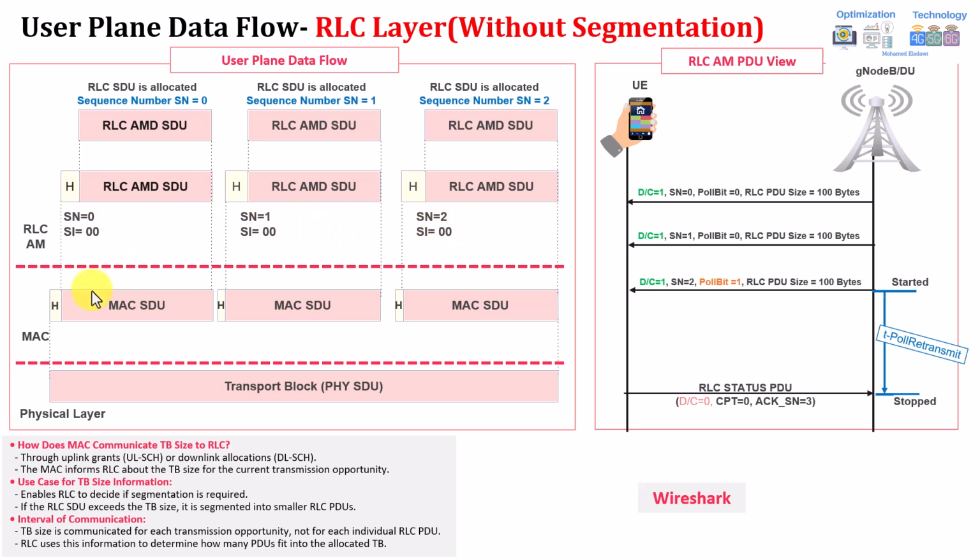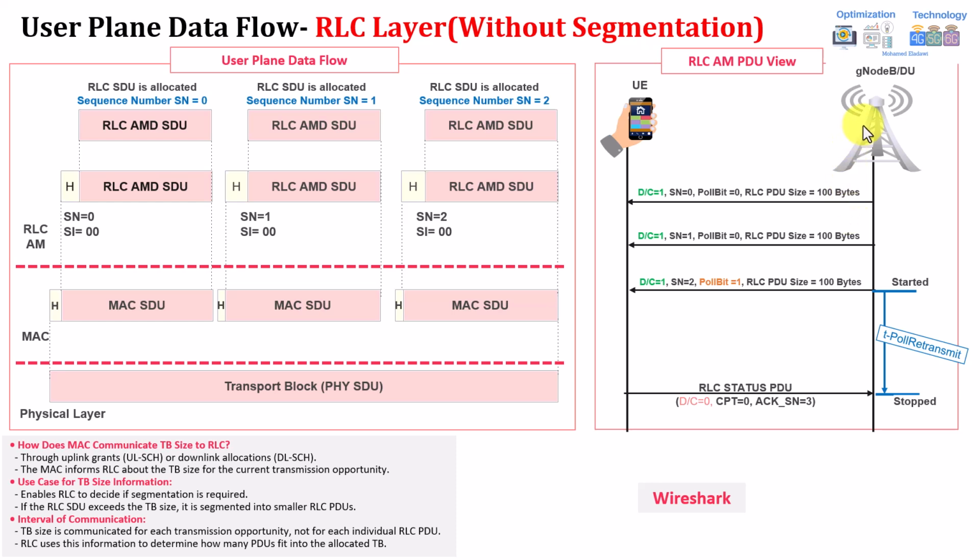Then once the data moves directly from the RLC to the MAC layer, the MAC layer will add its own headers as well, as you can see here. So it will be RLC AMD PDU plus the header, output as RLC PDU. It will be going down to the MAC as MAC SDU. It will add the header, then forward that. The MAC layer will do the multiplexing of all these layers, and it will assign it to 1 transport block or 2 transport blocks, depending on the size, to be transferred through the transport channel, which is called, for example, the downlink shared channel, to the physical layer. So here is how it looks from the traces.